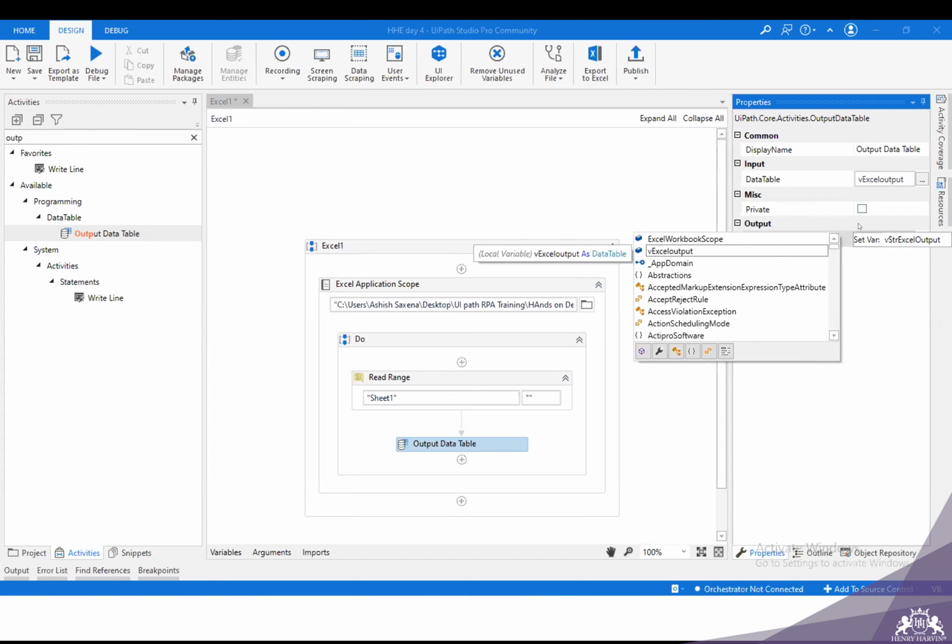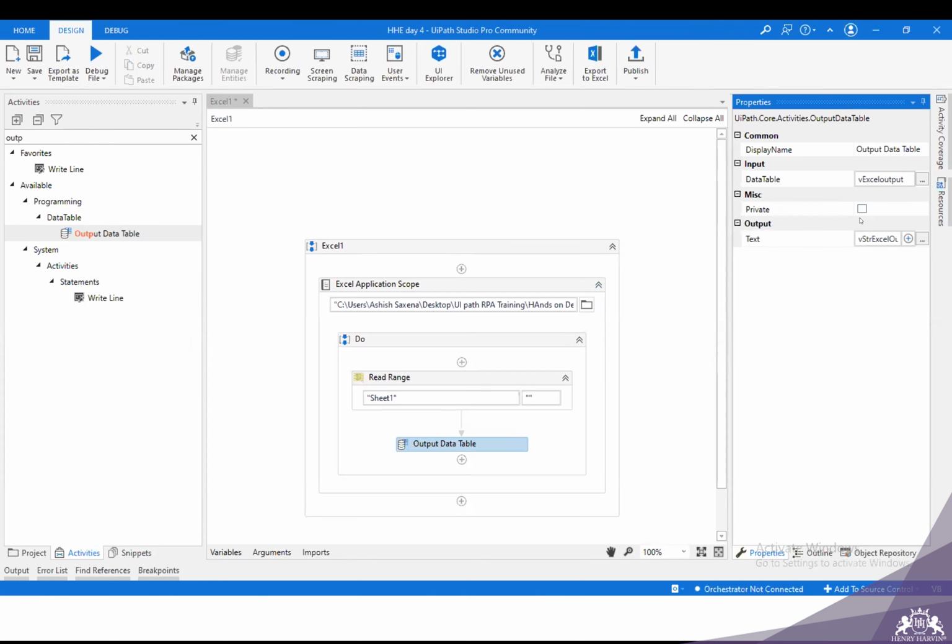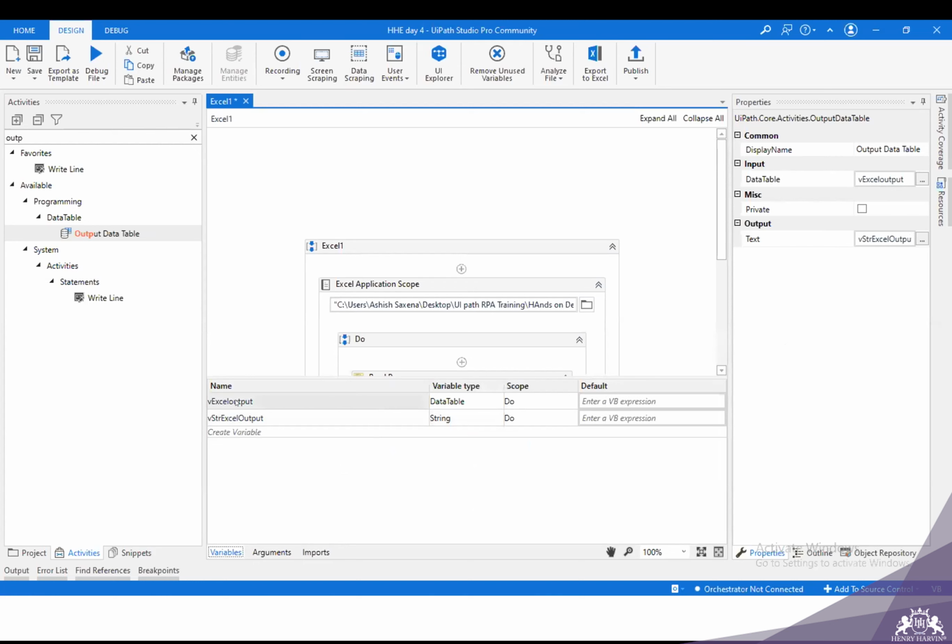This is my new variable, which will be populated when output data table converts the data table variable into a text or string type of variable. If you want to check, you can check it from here. VXL output is the data table type of variable, and VSTR Excel output is the string type of variable.